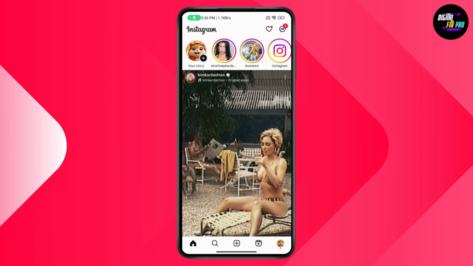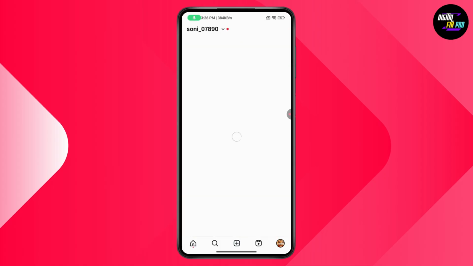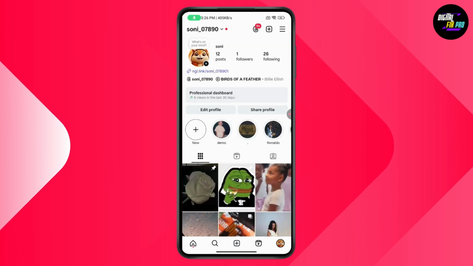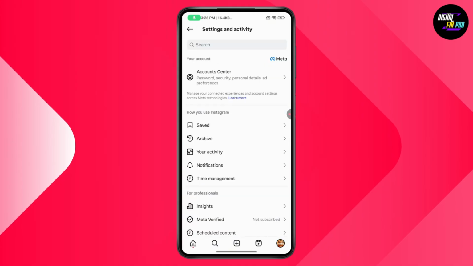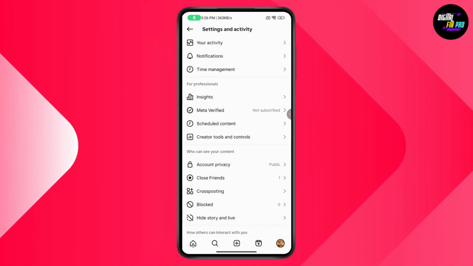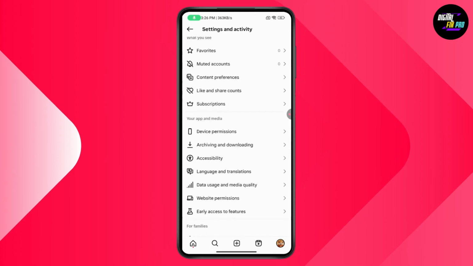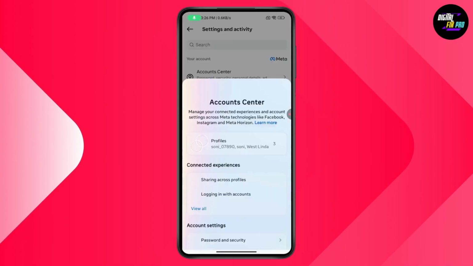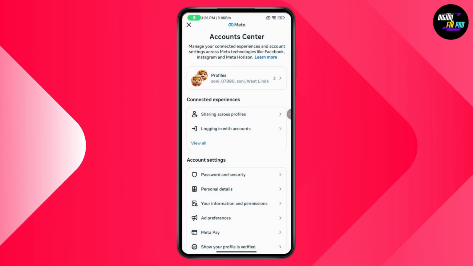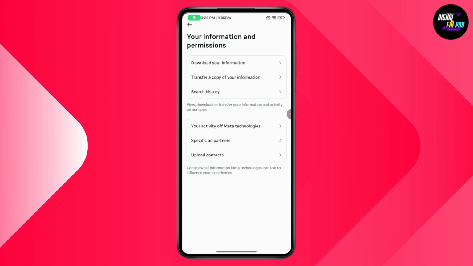After opening your Instagram, you can go with profile, which is on the bottom right. From your profile, you need to go with the top right, which has that 3 horizontal lines, and from here you can scroll down and you will have account center. Tap on it. Under account center, you need to go with your information and permissions, and then tap on download